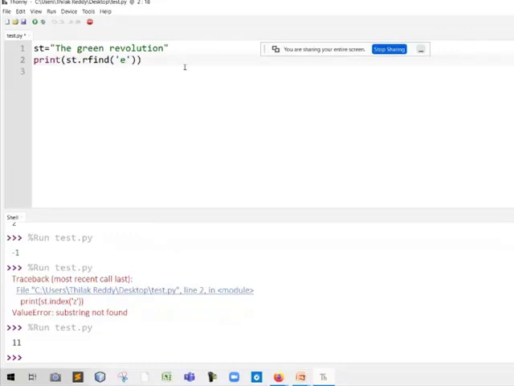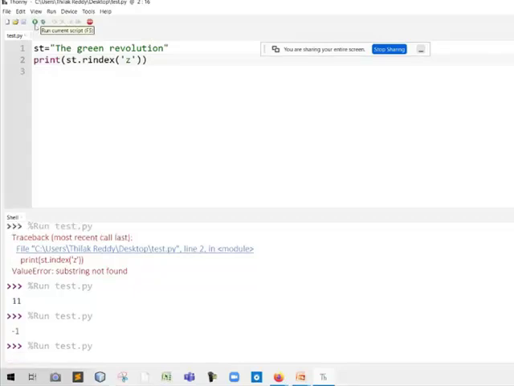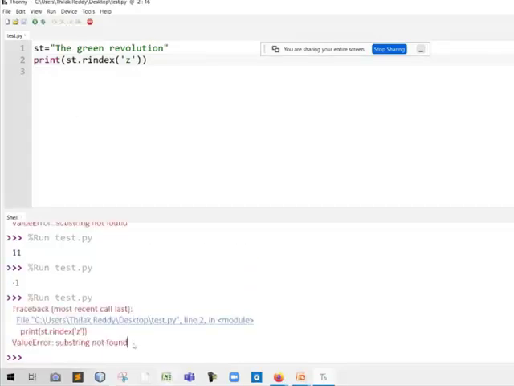Right. So now what will be the output of Z? Minus 1, because this Z character does not exist, so it will return minus 1. But in place of find, if I use rindex, then error. It raises an error, that substring not found.